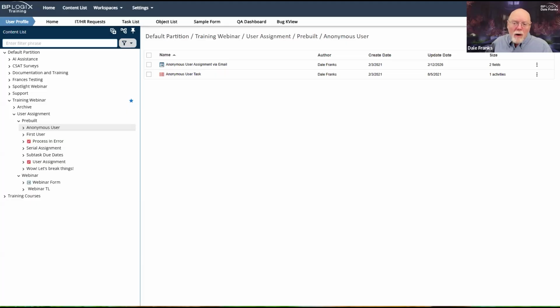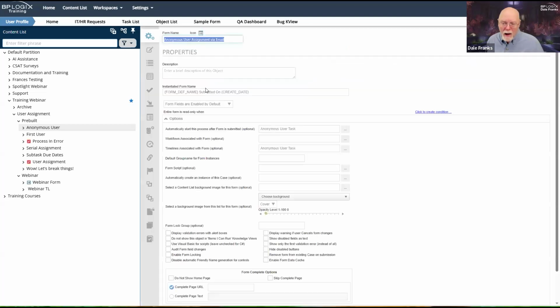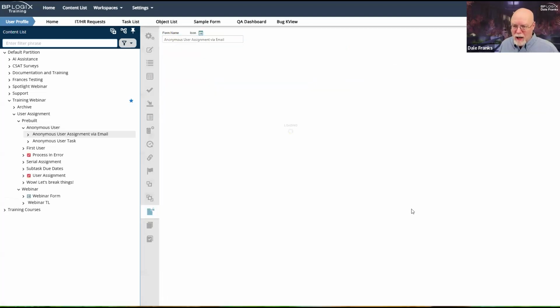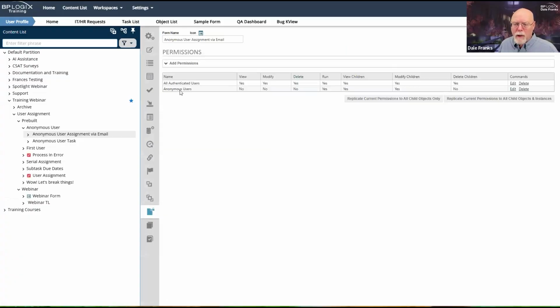And of course, we can't include all of our customers all over the world as Process Director users, so we have to be able to allow them to access the form anonymously and to submit it as an anonymous user. And that is fairly simple to do. If we open up this form, for example, and we go to the Permissions tab for this form, this form is set up for anonymous users.